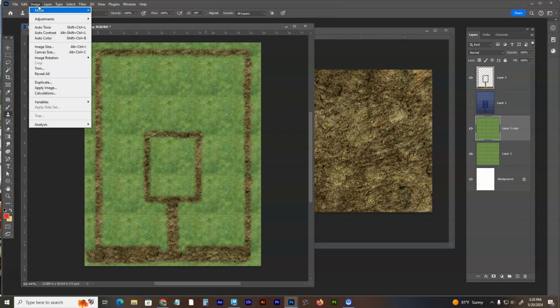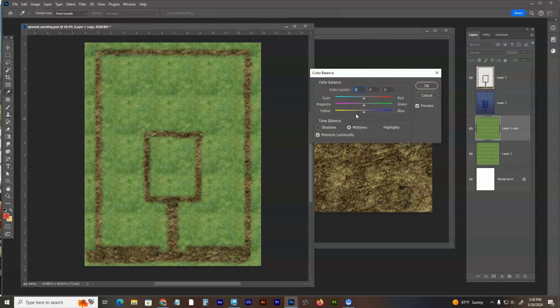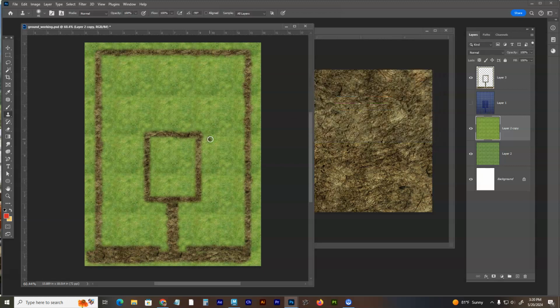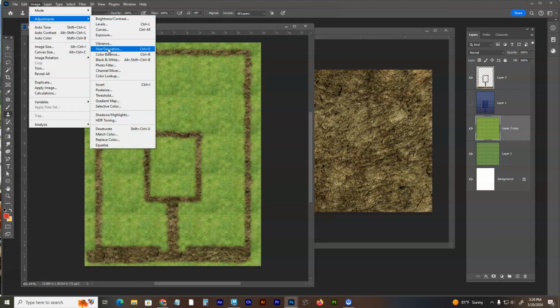So I'm going to go up to Image Adjustments. Oh, we could probably do Color Balance. Let's try a Color Balance, and we can go yellow a little bit. I'm in my midtones. If I go to my highlights, a little bit more yellow. That's good. I think that looks a little bit too vibrant for sort of yellow dead grass, so I'm going to take some saturation down. Image Adjustments to Saturation